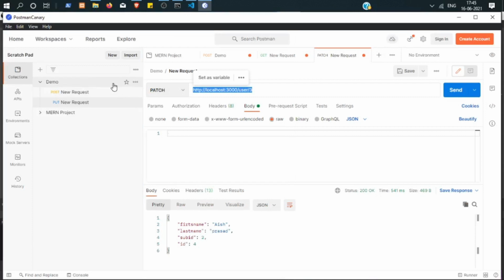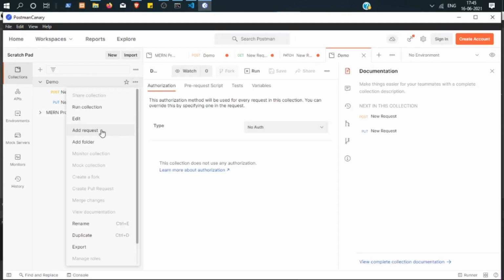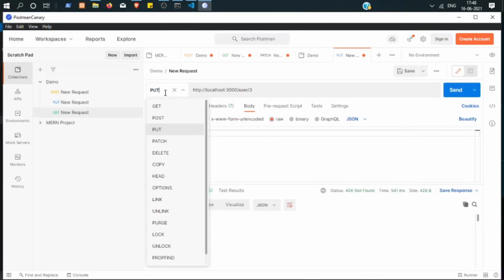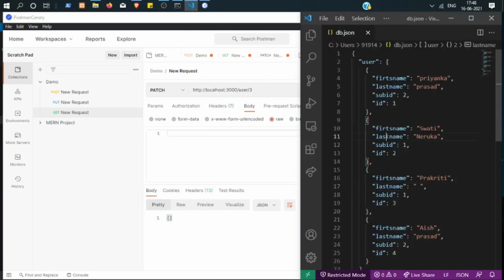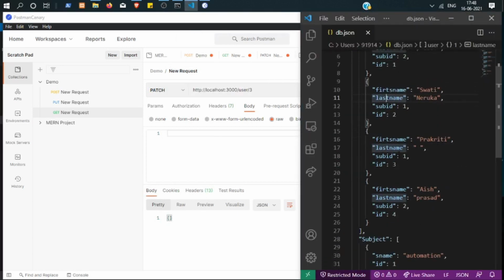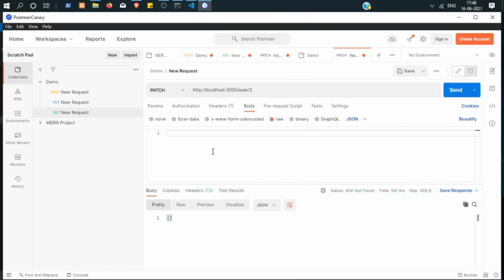Okay, let's make another request. Add a request. We have seen GET, POST and PUT. Now we'll have a look at PATCH. Here in our JSON file, I'm having one user named Prakriti. So I will be editing this last name as Vedi, as it's having nothing over here right now.